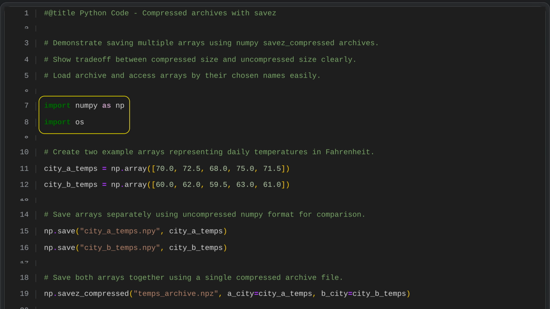We begin by importing two key tools for our script. First, we load NumPy, a numerical computing library that lets us work efficiently with arrays and perform fast mathematical operations. Then we import the operating system module, which allows the script to interact with the computer's file system, such as checking file sizes. With these imports in place, we are prepared to save and load data and compare the sizes